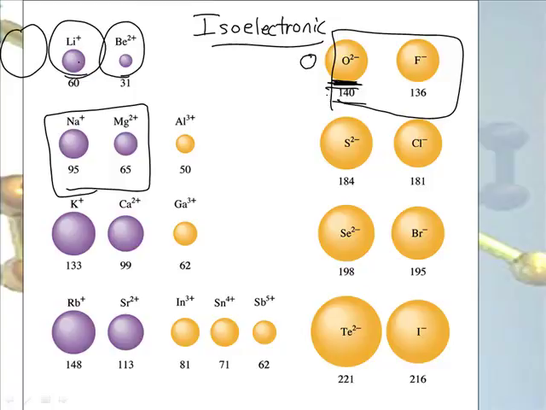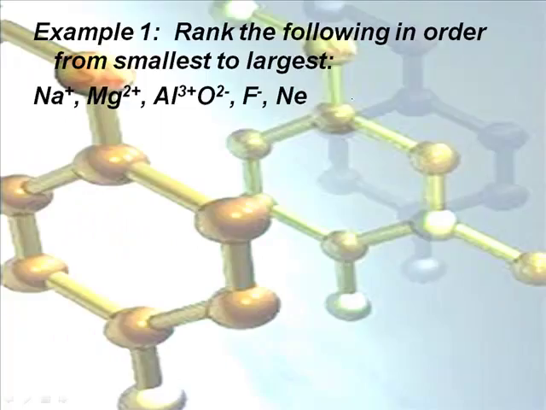And why would that be? Because it has the least number of protons, so there are fewer babysitters holding on to the 10 kids. And the smallest one would be magnesium, because it's got the most babysitters hanging on to the same number of kids. Or we could go one step further. Aluminum's even smaller. We now have 13 babysitters holding on to 10 kids. And we're good at counting. That's why we do science.